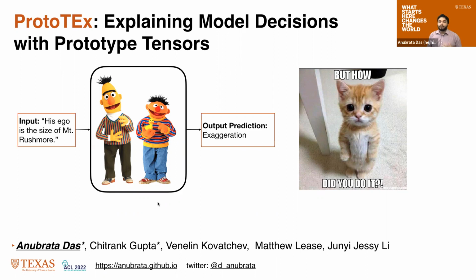If you look at the modern pre-trained language model in NLP, most of the time we see that given an input, we have a high performing classifier that gives an output about what category the sentence might belong to. But in most of these cases, when we use pre-trained language models for classification, we don't have clarity on how the model might have come to that particular decision.